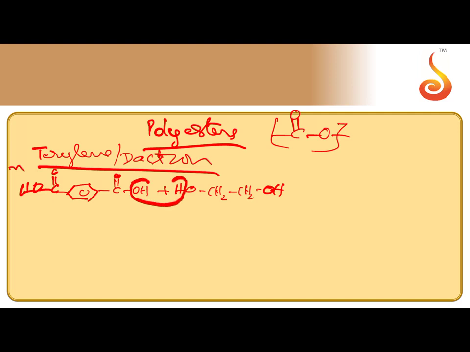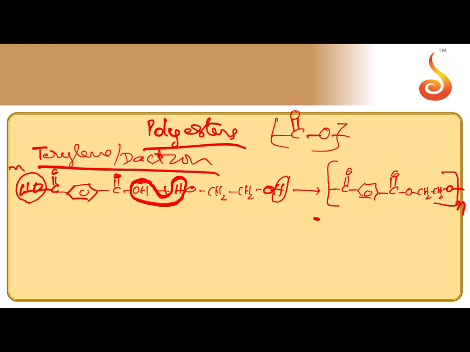During the polymerization, you remove OH and H. OH of the COOH, H of the alcoholic group you have to remove. Similarly, from the terminals also, you remove OH of the COOH from the left side, remove H of the OH from the right side. Then CO, COO, CH2CH2O dash. This is the repeating unit. Since n number of ester bonds are there, this is called polyester.